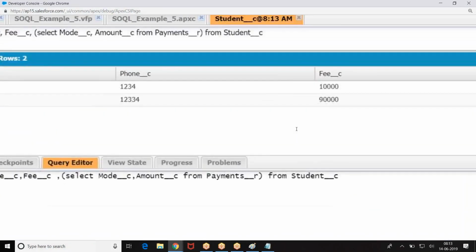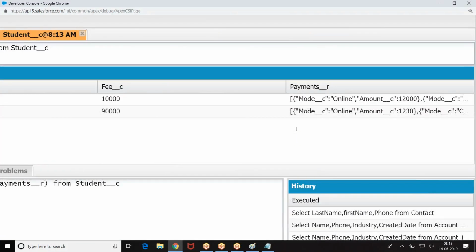Now we are getting the data here: name, phone, fee, payments underscore underscore R.